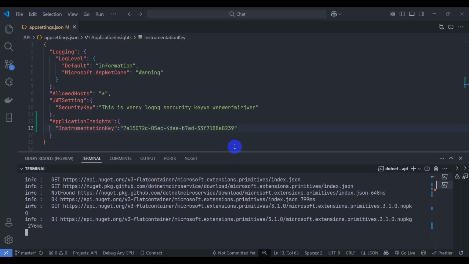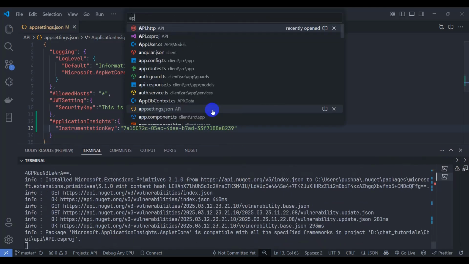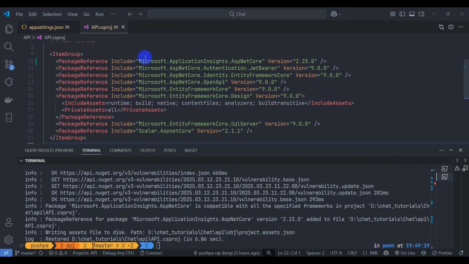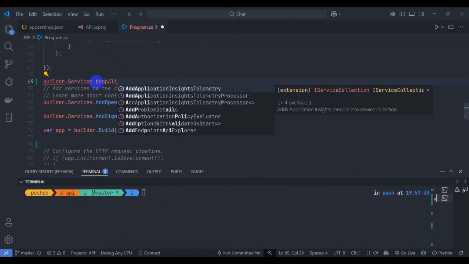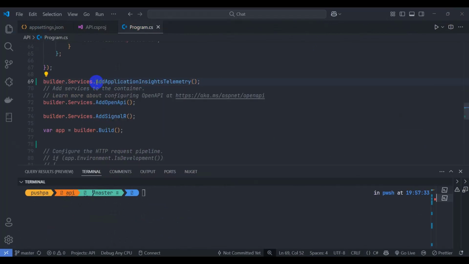Okay, our package is installed. Let's open api.cs pros. So now we can see Microsoft application inside ASP.NET Core application inside telemetry. Let's save it. Let's push our latest in our GitHub git